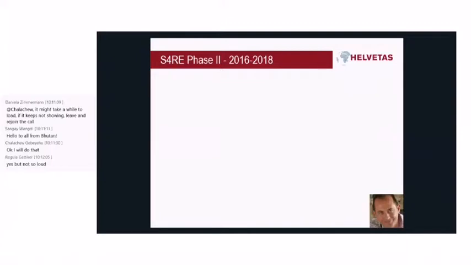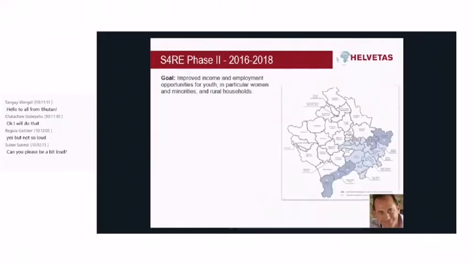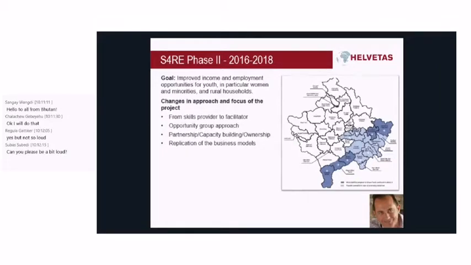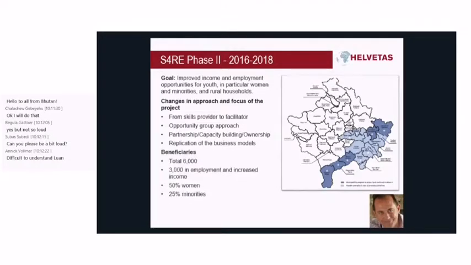Thank you very much, Katarina. My name is Luan Hote. I'm the project manager of the Skills for Rural Employment project. As Katarina mentioned, the project started with the implementation in 2013. So it was the first phase, 2013-2015, while currently we are in the implementation of the second phase, which started in 2016, and the second phase is going to end by the end of this year.